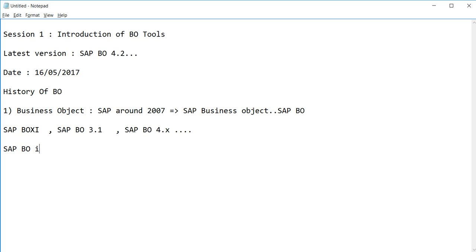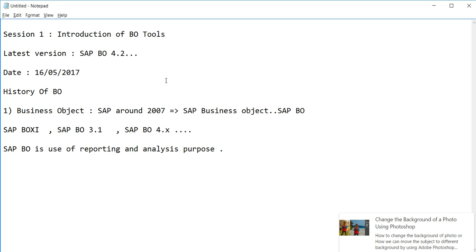SAP BO is used only for reporting and analysis purposes. I'll explain the BO architecture, and then everything will be clear.